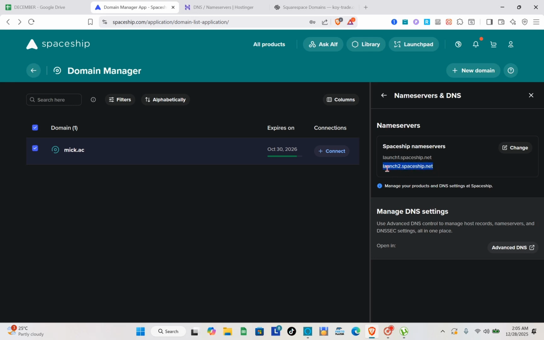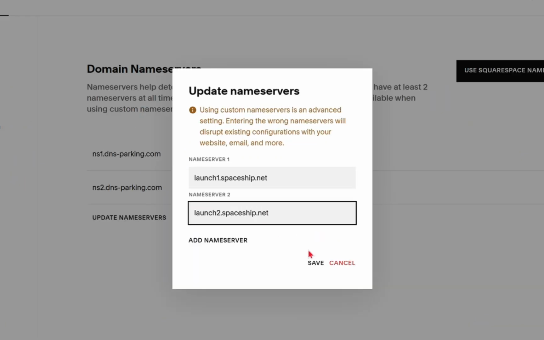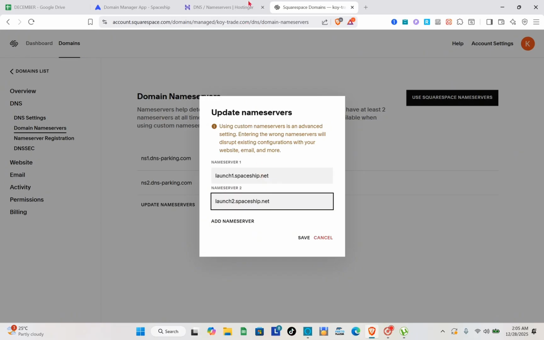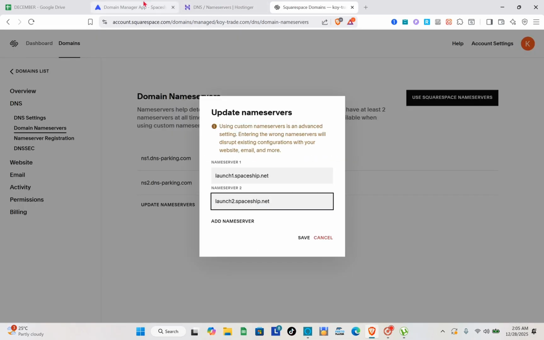Okay, so copy and go back here and paste it right here. After that, you just have to tap on the save option. And then once done configuring, you'll be able to see here now that your Spaceship domain has been successfully connected